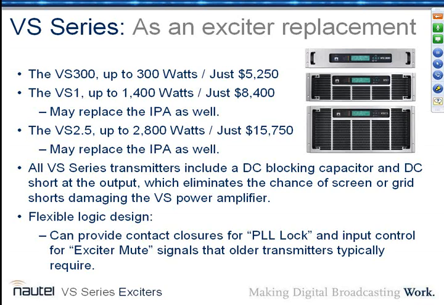Now, one of the things that we did in the design process of the VS series is that we included a DC blocking capacitor so that no DC can come in the back of the rig, and we put a DC short to ground at the output as well, which eliminates the chance of a screen or grid short inside the tube shooting a high voltage spike backwards into your transmitter and damaging the VS power